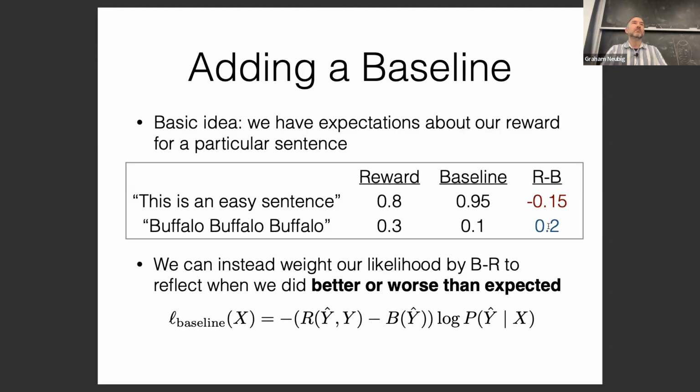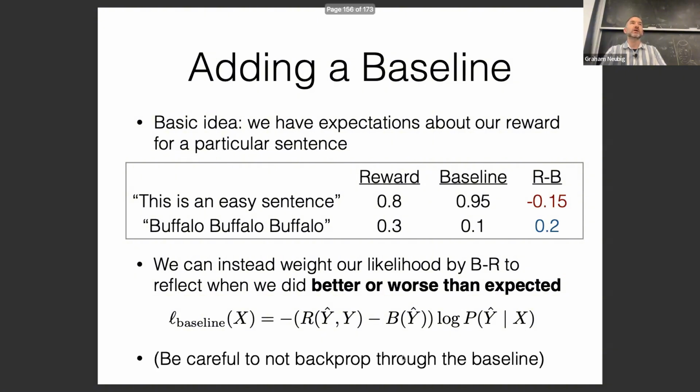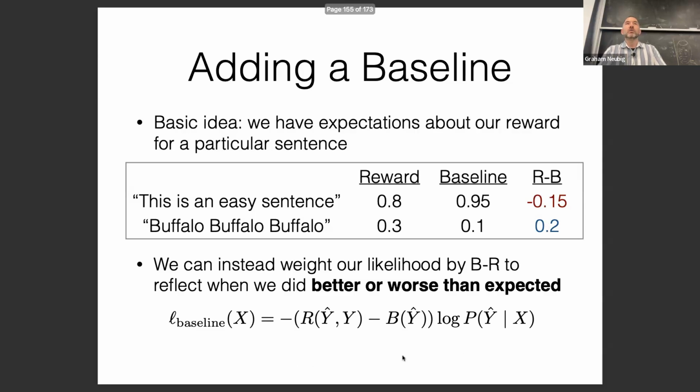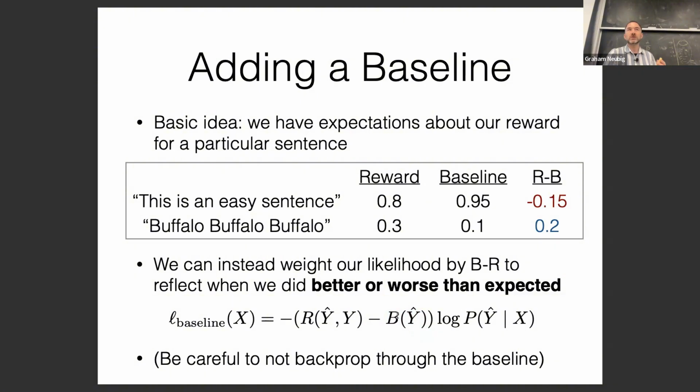So then we optimize with respect to this reward minus baseline. One thing I should note is that as long as the baseline satisfies a few light constraints and you don't backprop into the baseline, this will still allow you to optimize the reward. The only difference is that it can reduce the variance in the reward, so it can reduce the sparsity in the reward to some extent, and that will improve the stability of training. So this is a good tool to use.